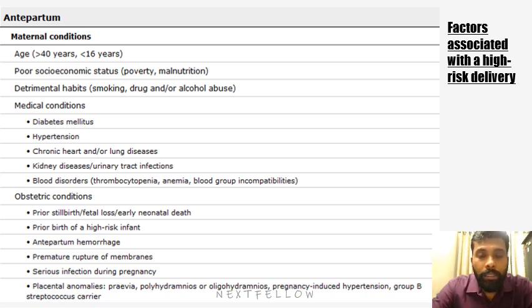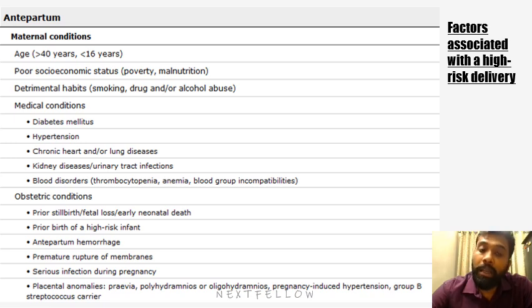Although we anticipate a resuscitation for every delivery that we attend to, there are certain factors which make a delivery a high risk delivery. The antepartum conditions which cause that are advanced maternal age or age less than 16 years for a pregnant mother, poor socioeconomic status, detrimental habits such as smoking, drinking, drug abuse, maternal medical conditions such as diabetes mellitus, which is very important, and hypertension, CKD, lung diseases, kidney diseases, any chronic diseases, hematological disorders in the mother,